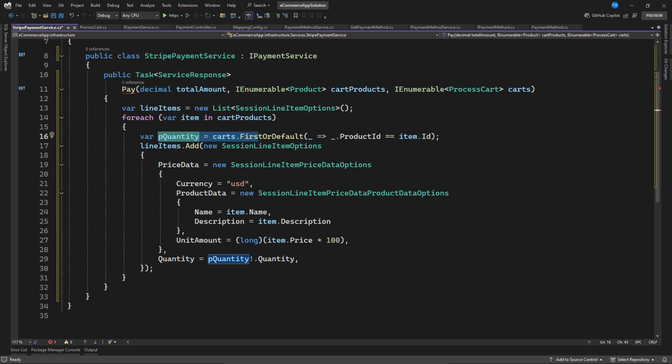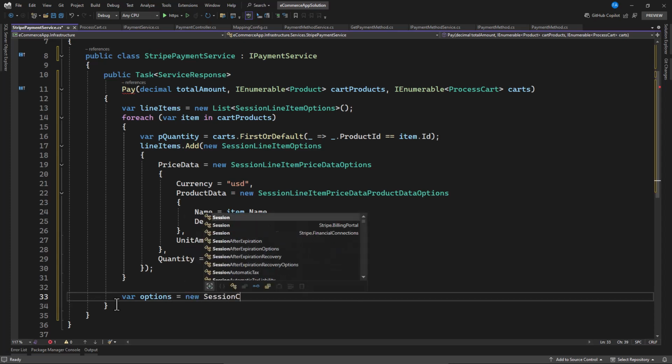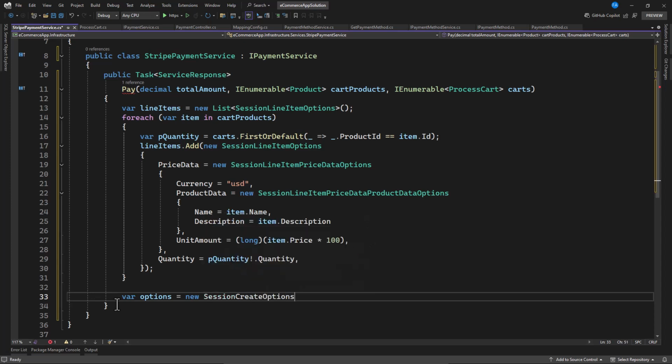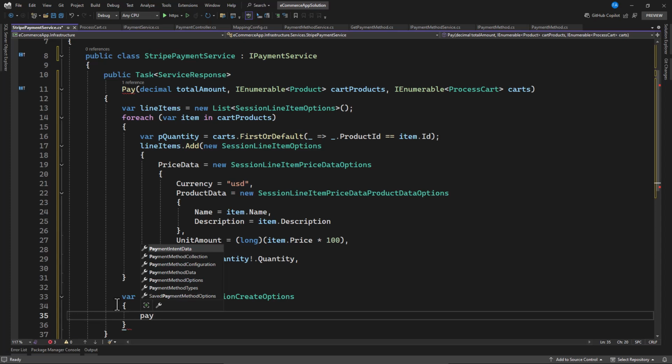So the next thing that we're going to do here is we need to create an option for this after this is done. And this should come outside the looping. So we're going to say this is options equal to new session create option. And now with this session create option, we need to specify our payment method type. Where is it? So payment method type, it should be a list. And now with this list, we can specify